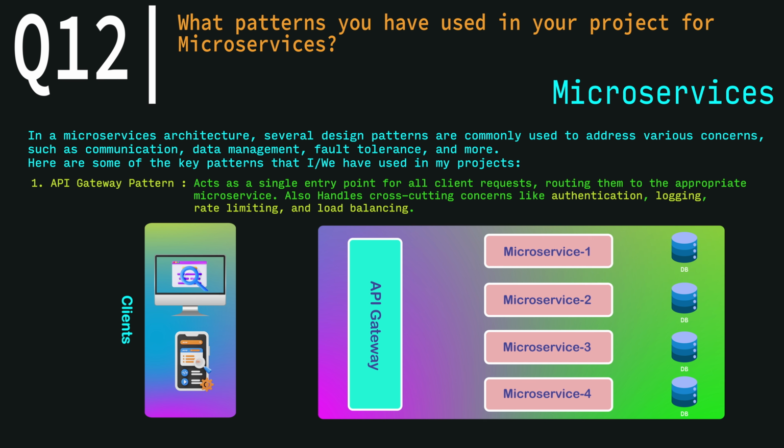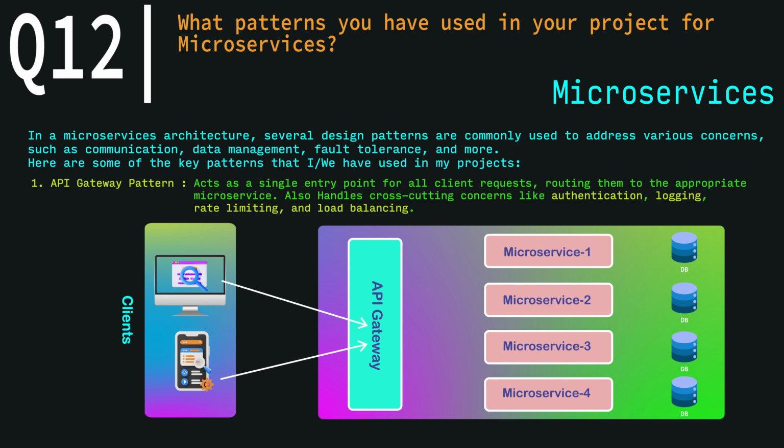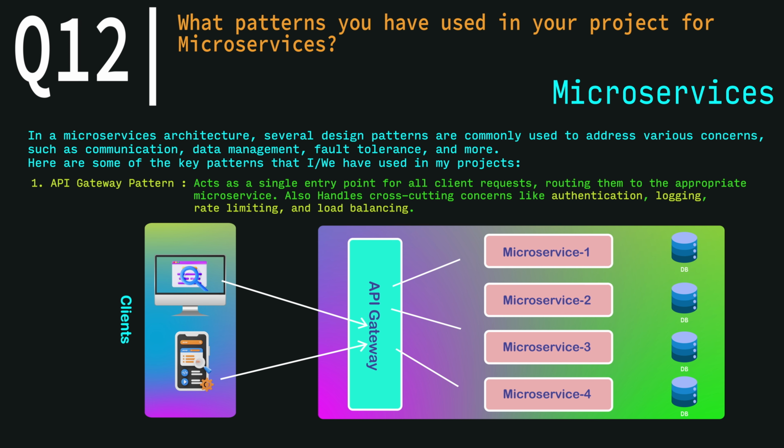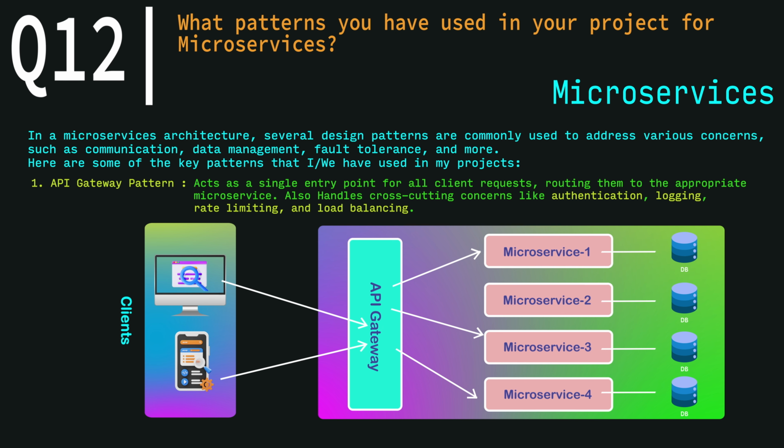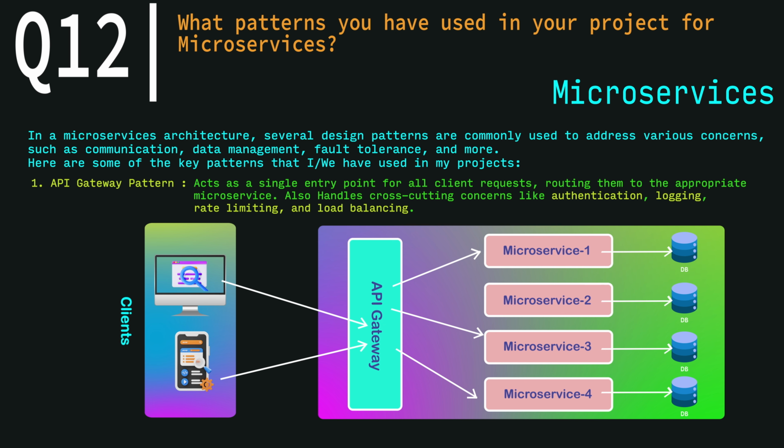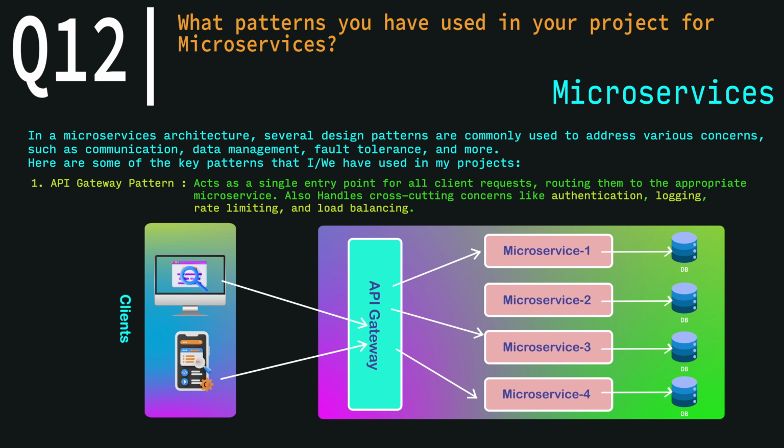Here you can see in the diagram we have 4 microservices and there is a gateway before them. Whenever the request comes from the client, whether it's a mobile or desktop client, the request goes through the API gateway, then it routes the request to the respective microservices. One of the main advantages of the API gateway is clients need not know the multiple URLs of the different microservices, right? If they know the gateway URL, they can call the respective API seamlessly.